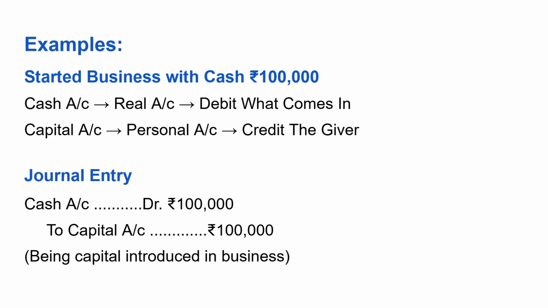Here the owner gives capital and the business receives cash. So cash is debited, and the business owes it to the owner, so capital is credited. Next,